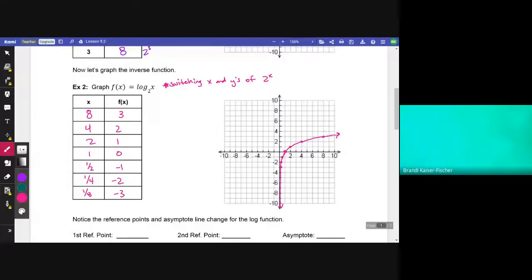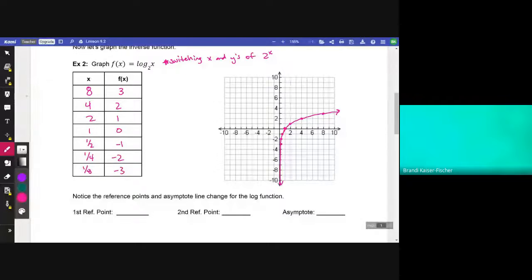All right, so a couple things to notice. Those reference points, they change a little bit here because they were changed from our exponential function. They're still kind of the same too. They're just in a different order. So our first reference point is 1, 0 instead of 0, 1. And our second reference point is 2, 1 instead of 1, 2. Okay. The asymptote this time, if you notice,